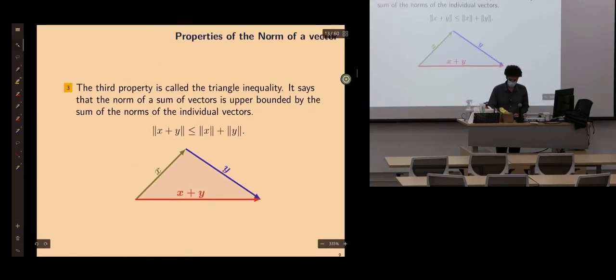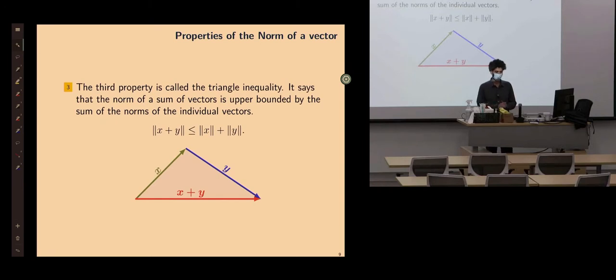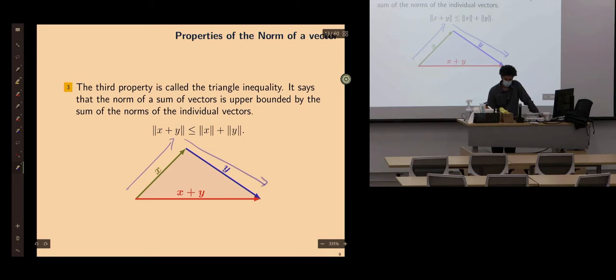And the third property, we're not going to prove it, but intuitively you can verify it. If I have a vector x and I have a vector y, starting from x, continuing that path here, and then here. If you take the length of x and length of y and then add them up,